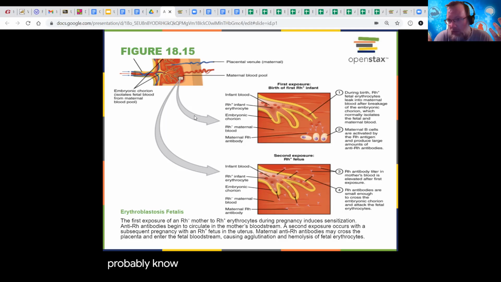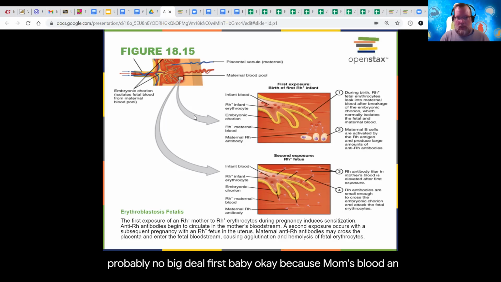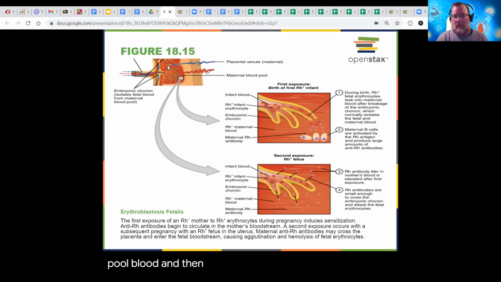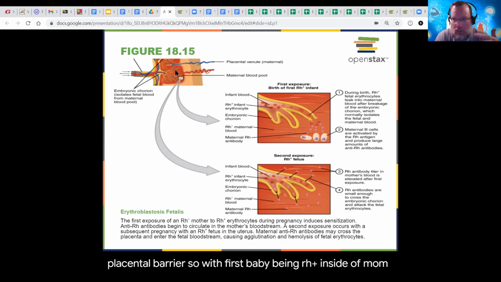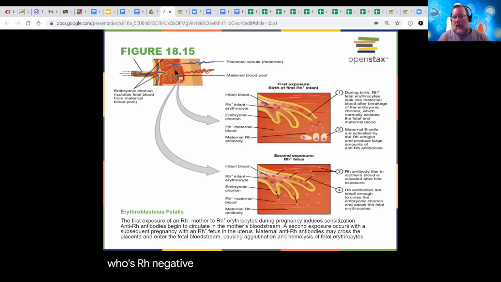probably no big deal. First baby, okay, because between mom's blood and baby's blood, there are some specialized boundaries and barriers. We have what's called the maternal pool blood, and then we have a placental venule. So my point is, baby's blood and mom's blood in the womb obviously are connected, but there are some specialized mechanisms that don't allow certain things to pass that placental barrier. So with a first baby being Rh positive inside of mom who's Rh negative, we're probably not going to see much